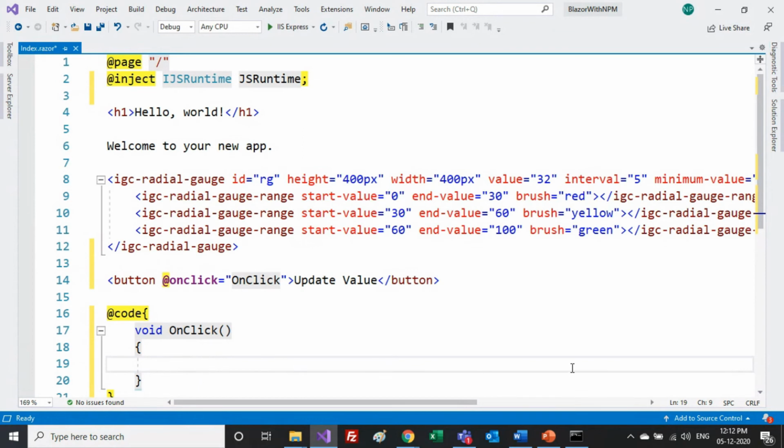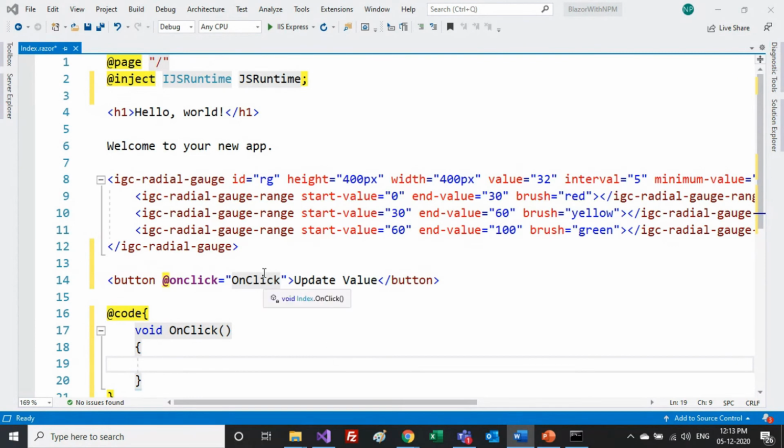So simply what we require now is a function that can find this control from this particular DOM element with this particular id rg, and can set its value dynamically, which you will provide over here. For that you can simply place some sliders over here, you can place some text box, any other input value, any other input provider, that's completely based upon what you want. But I would say we require this function first, so let me write a function for it.